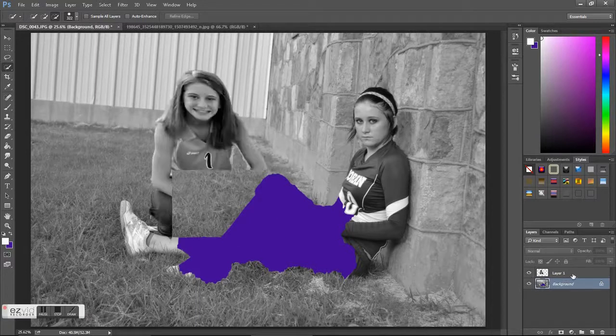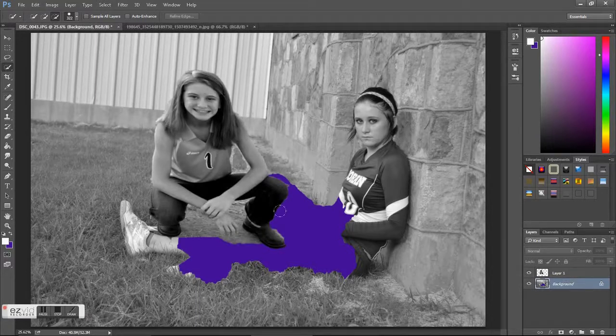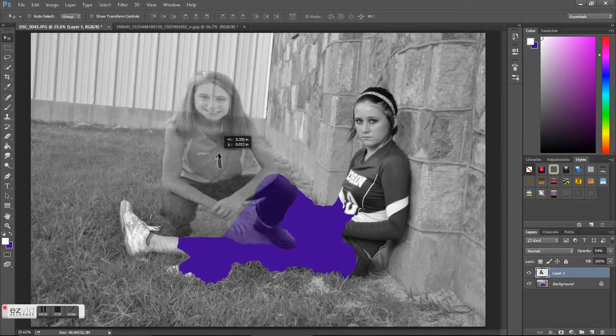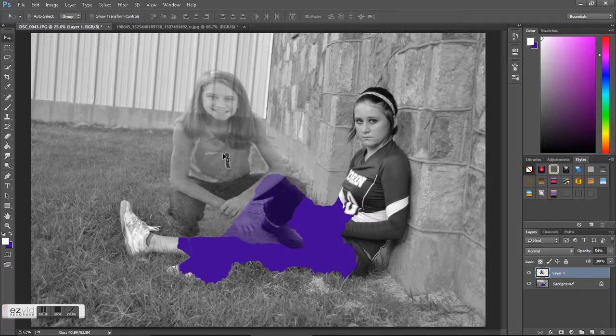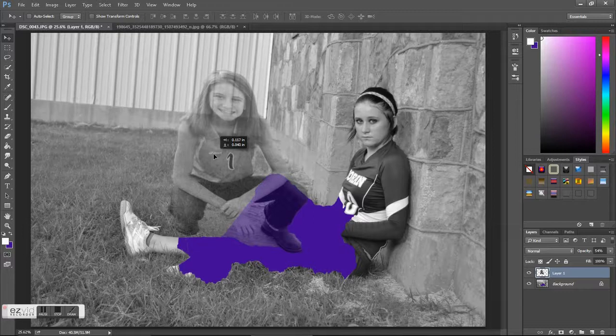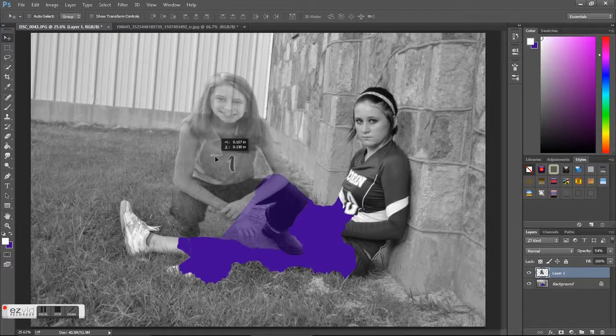So go back over here to the layer 1, and you're going to highlight it. And I would say just maybe like 51. I'm going to do 54%. And we're going to move her into position where we want her. Now she's still a little slanted in my opinion, so I'm going to hit Control T and tilt her just a little bit more, and then hit Enter. Maybe my camera was just not right. And when I've got her exactly where I want her,